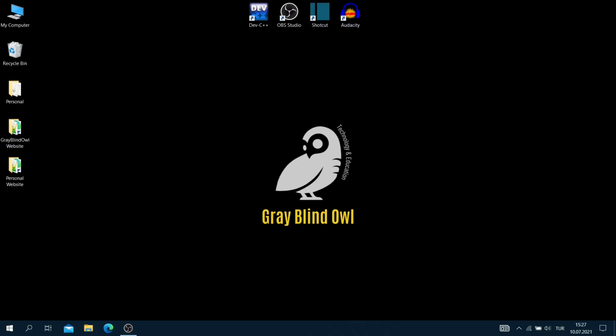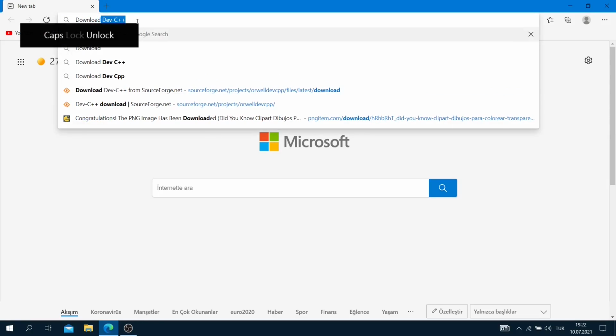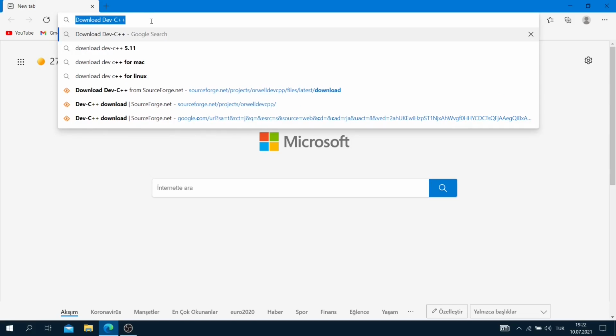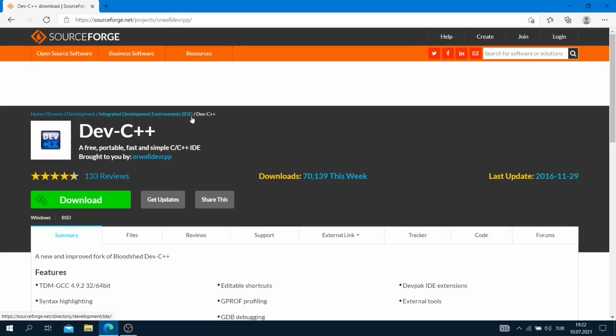Okay, let's start then. The first thing we have to do is open a new browser page. Then we need to type "download Dev C++" in the search bar. Like that. Then we prefer the page with the link sourceforge.net. We click on it.